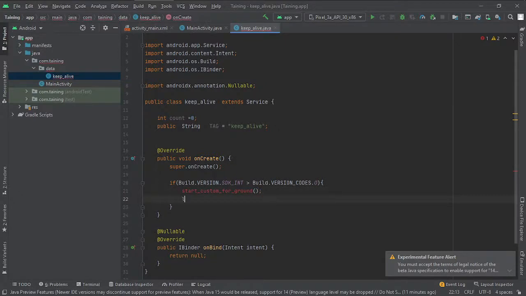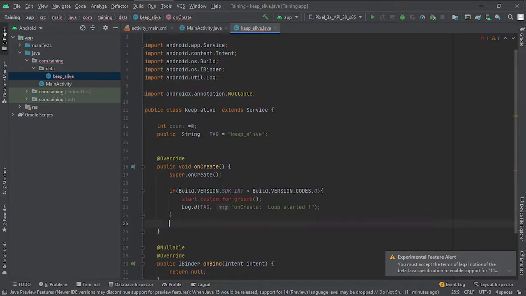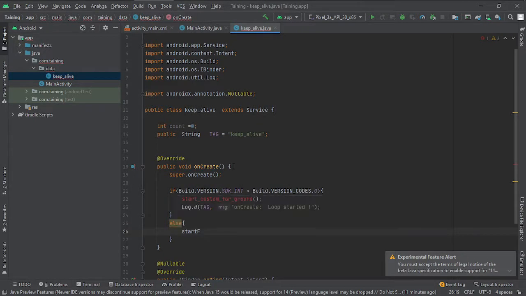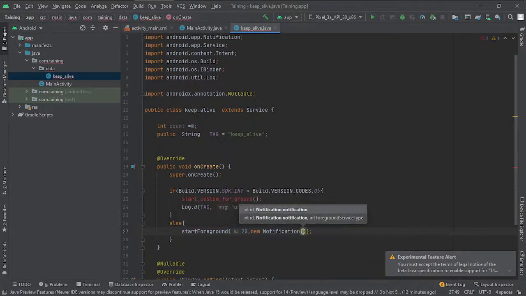Then I would like to log it as well. I'll say loop started, else, start foreground. So what we're trying to do is check the API level, so we know whether we're going to use the built-in start foreground service, or we're going to create our own start notification. So now this new notification comes in